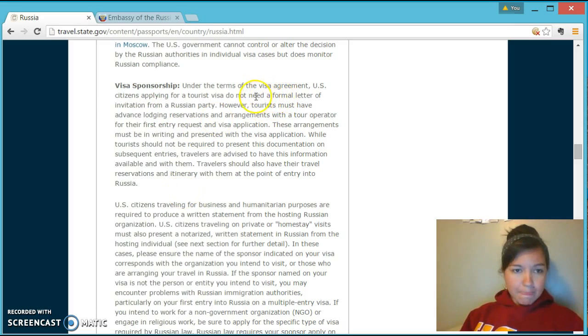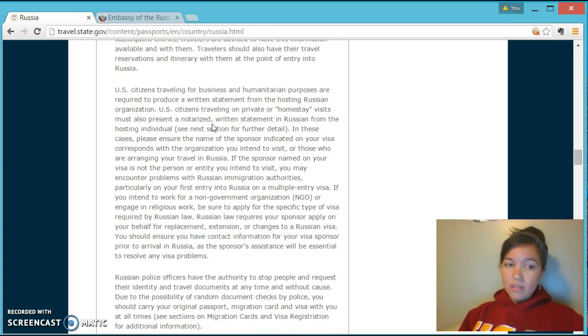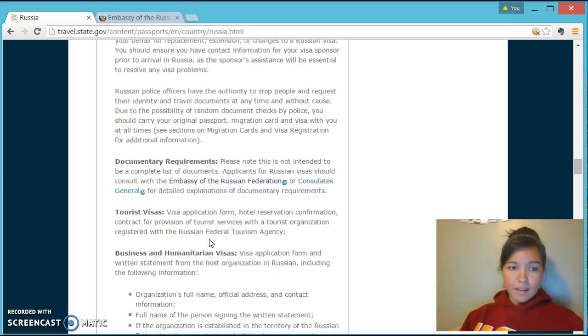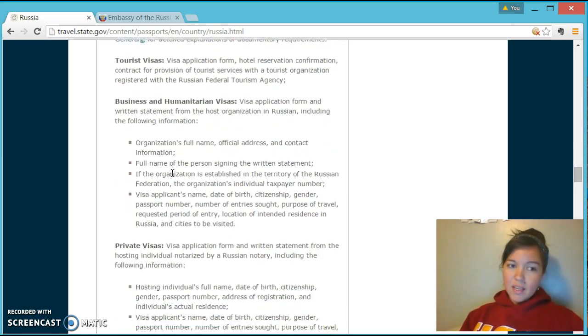I need, let's see, U.S. citizens do not need a formal letter of invitation. However, we must have advanced lodging and request the visa application afterward. So that's important to know. You have to go through every single line of this. Even if you're skimming, make sure that you at least skim every paragraph so that you don't skip any important information like that. This tells me the information that I need for documentation, getting a tourist visa,